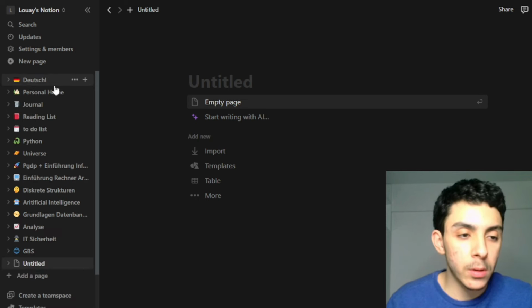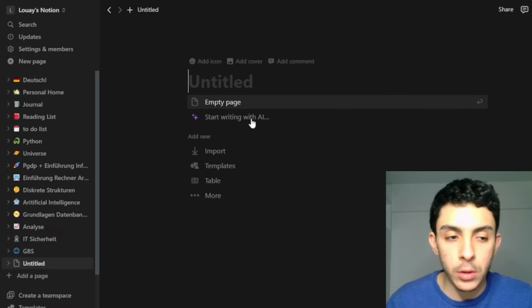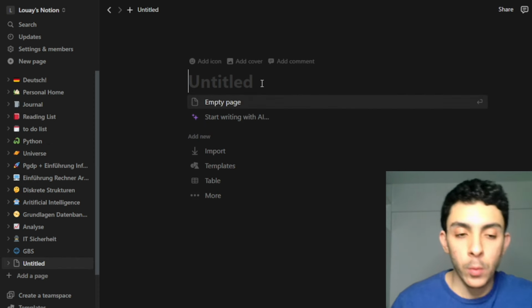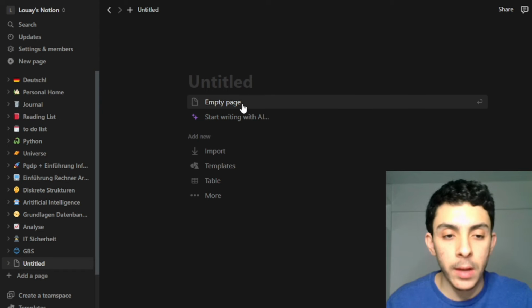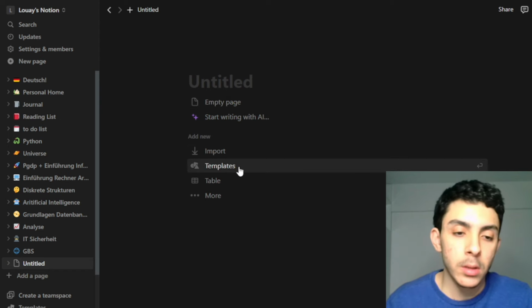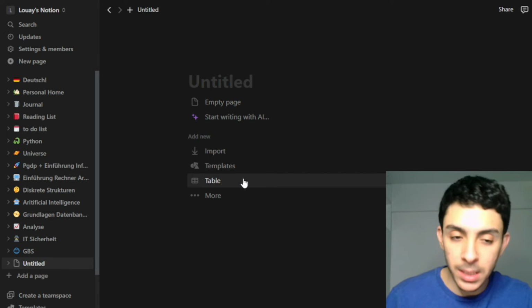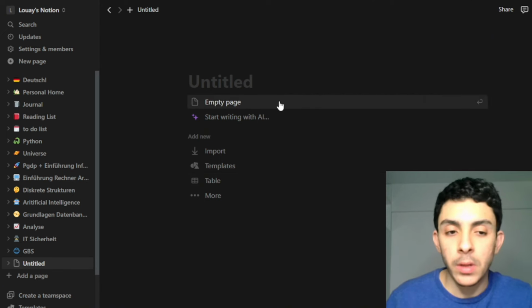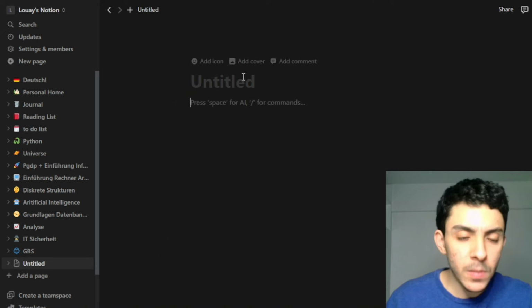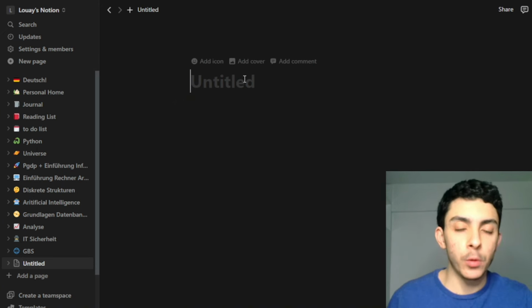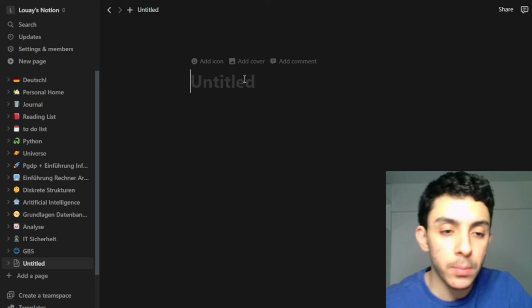So for example, if we go to this new page, untitled, we're gonna discover what it is. We can start with an empty page. You can import, you can use templates, you can have it as a table or a database, but we're gonna start with an empty page, okay? So empty page, first of all, of course, we're gonna name it. So let's name it, for example, tutorial,